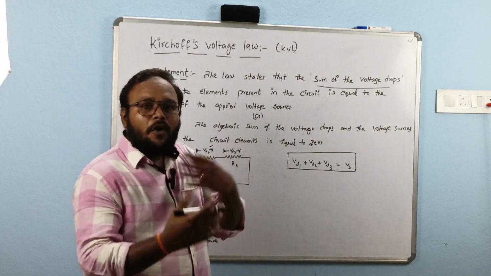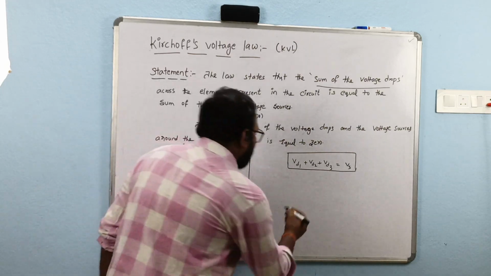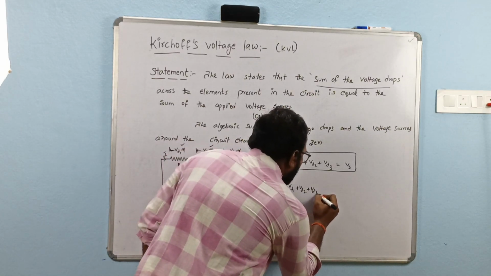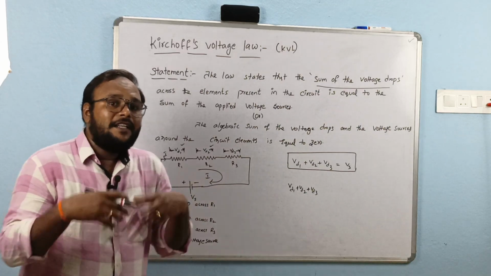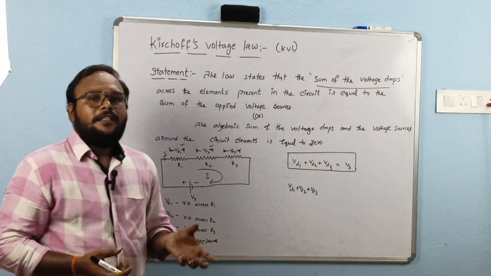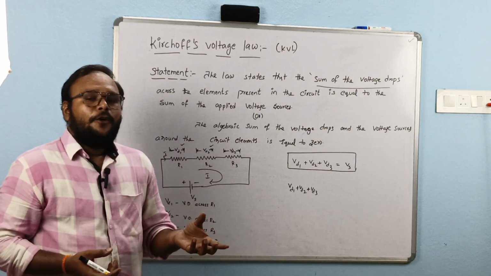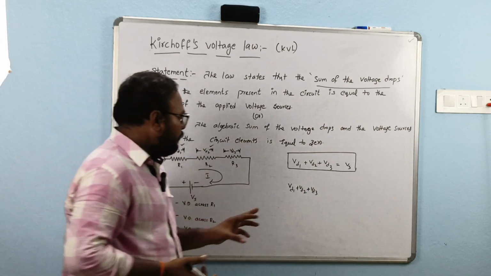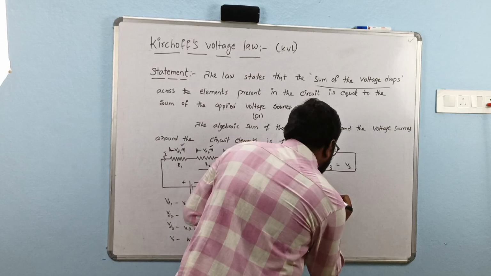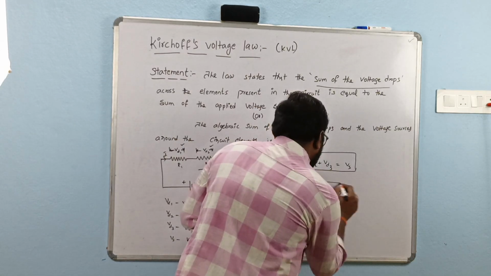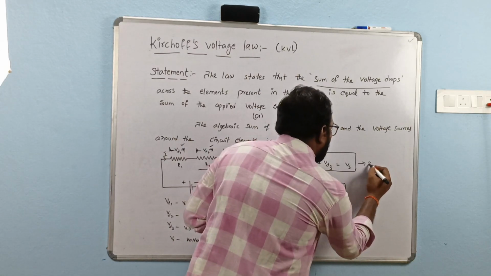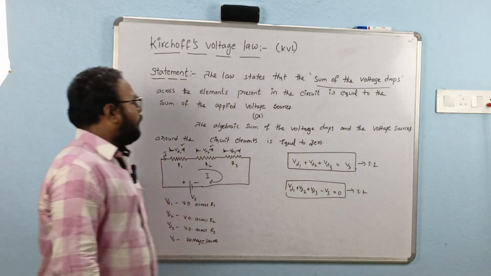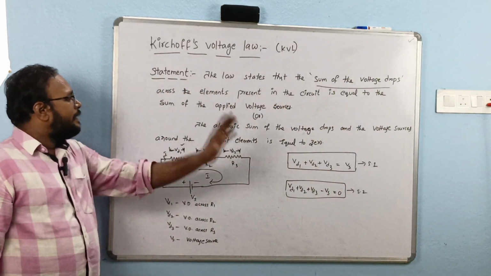We are going to make the algebraic sum like this: VD1 plus VD2 plus VD3, the same way we do in KCL, Kirchhoff's current law. The algebraic sum of the currents entering the node and leaving the node is equal to 0. So, we can write minus Vs. This is statement 1, and this is the statement 2 form. Okay, so that is all about the